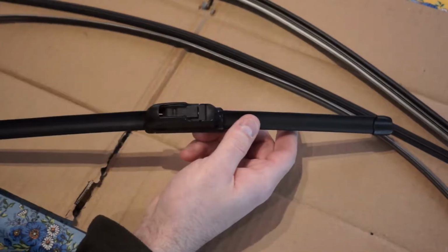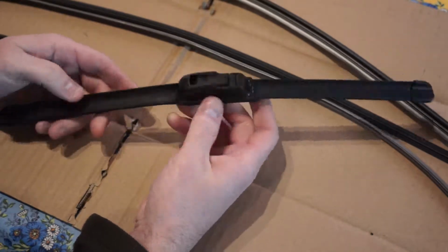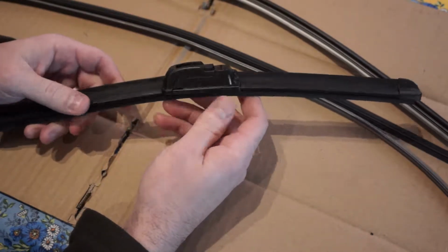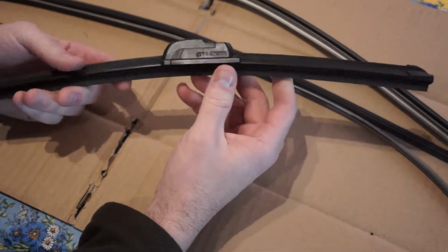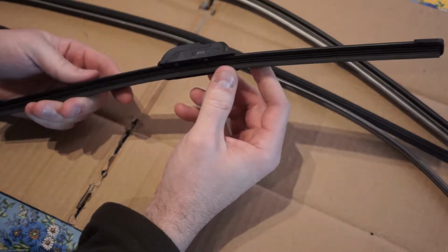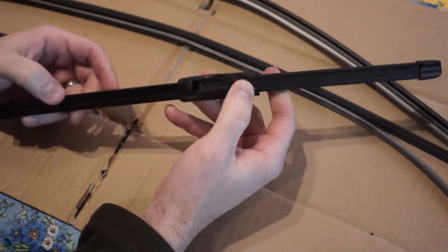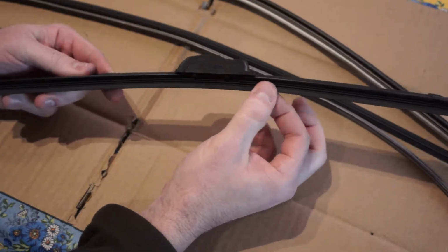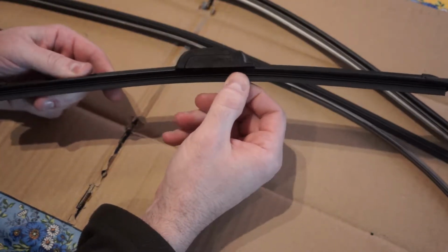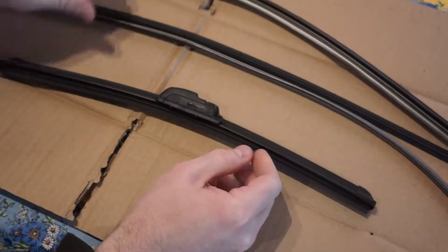One thing that's fairly easy to do when wiper blades go out, most of us, me included, just go out and get a brand new arm. I've been thinking lately that that's extremely wasteful. So a lot of people might think that you can't replace these blades or the inserts on these specialized